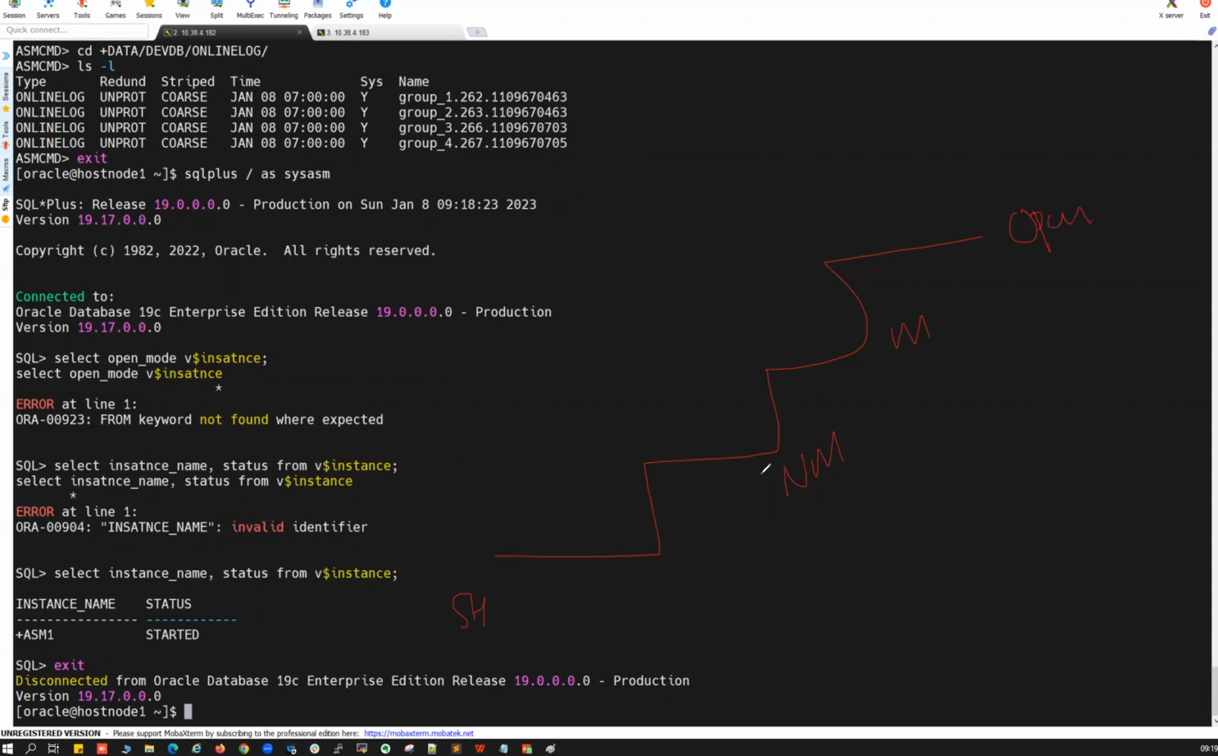From shutdown to nomount, you need an SP file. From nomount to mount, you need a control file. And from mount to open, you need a data file. Your ASM is just an instance. It will not have a control file or any data file. Your ASM instance will never go to mount mode, and it will never go to open mode. It will always be in started mode, which is nomount mode,